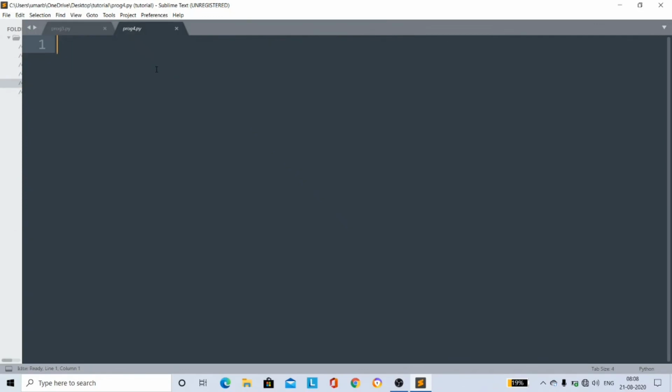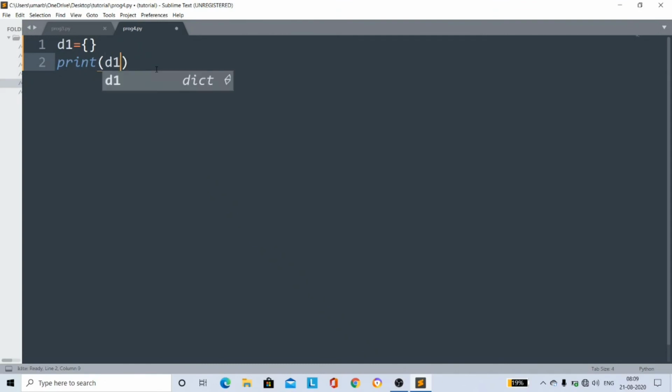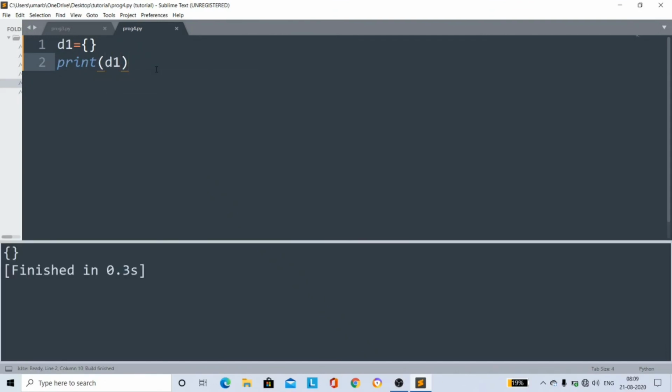To create an empty dictionary with no values, we can do like this. I print my dictionary table. Okay, this is an empty dictionary. Remember this, these curly brackets are used to create a set also. So how to create a set with no elements?